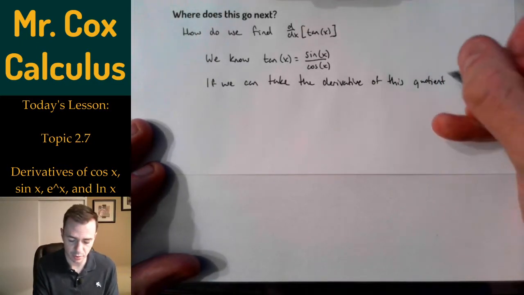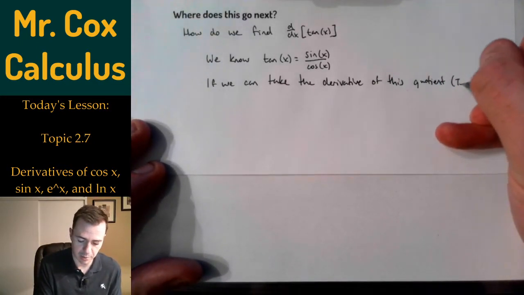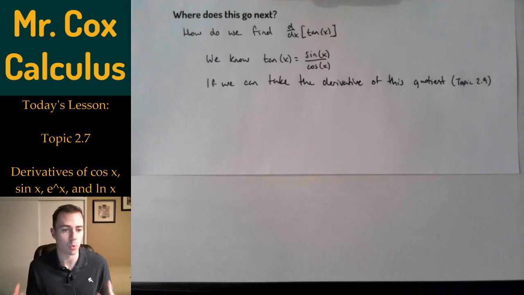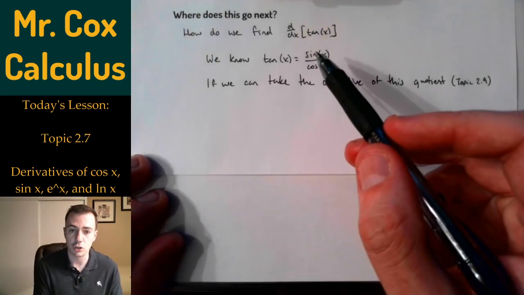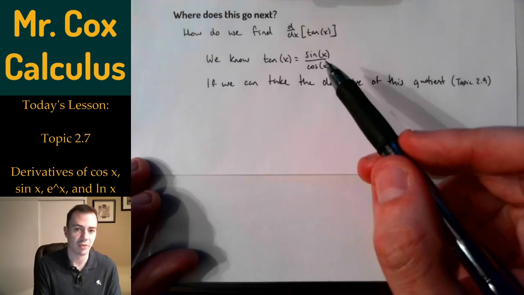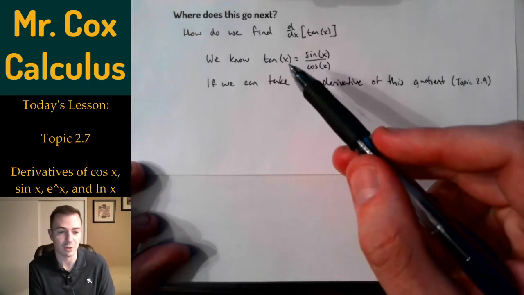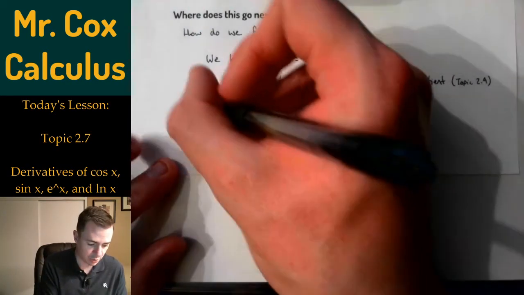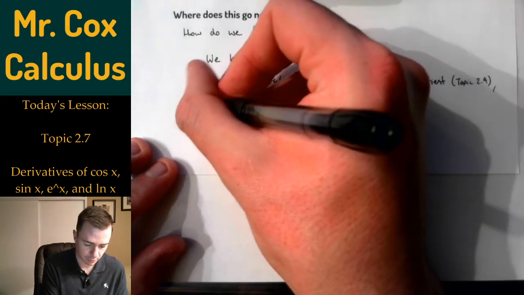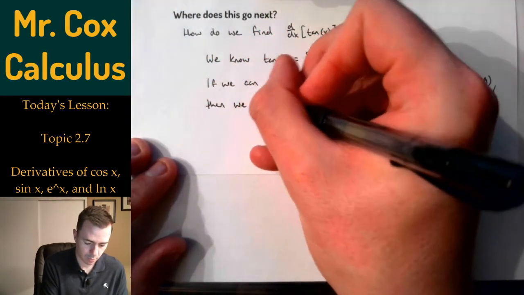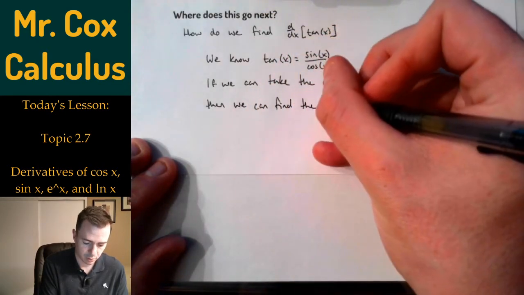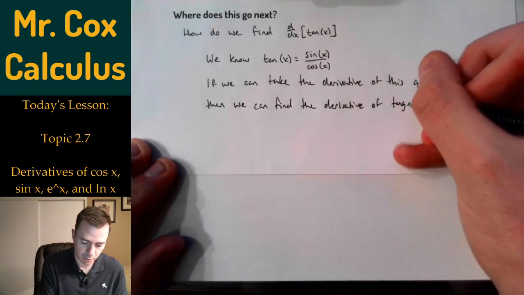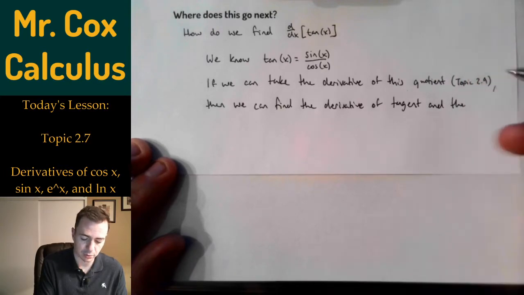and we'll learn how to take the derivative of a quotient in topic 2.9. The next topic, 2.8, is going to focus on how to take the derivative of a product of 2 functions. 2.9, we'll actually learn how to take the derivative of a quotient, and that's how we'll actually figure out what the derivative of tangent is. So if we can take the derivative of a quotient, then we can find the derivative of tangent and the other remaining